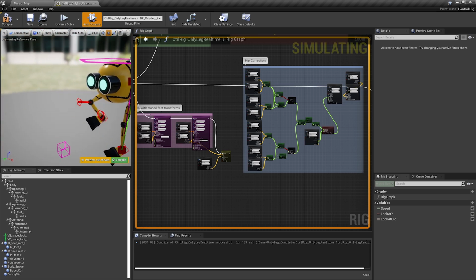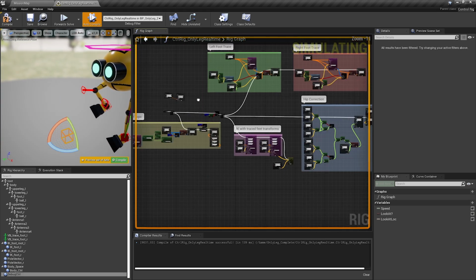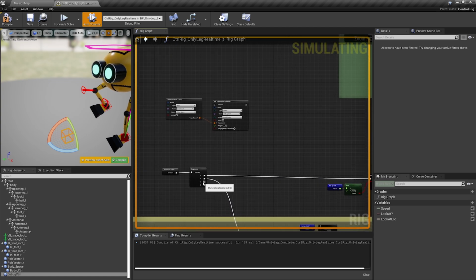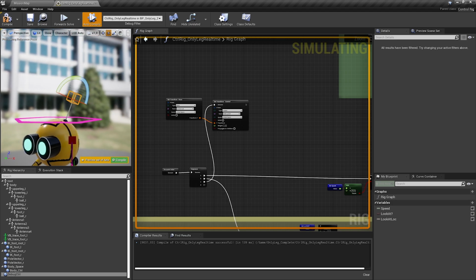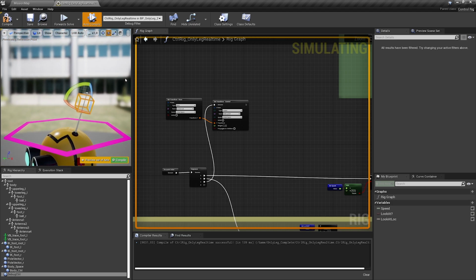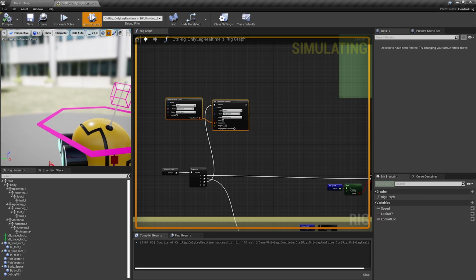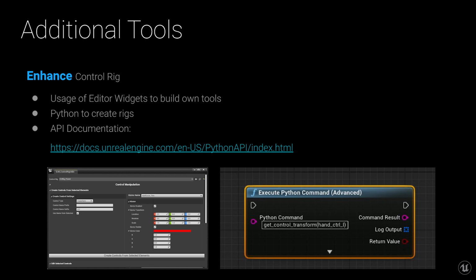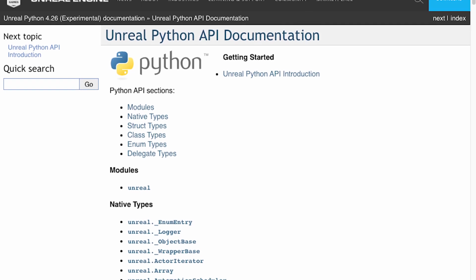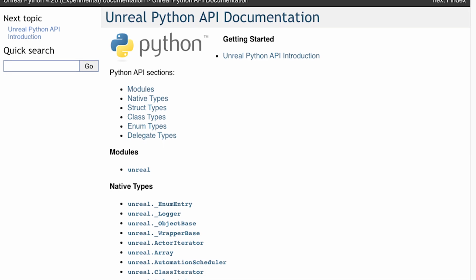And then there's one tip Tony gave me to have some debug controls lying around, which you attach to a situation, and depending on the execution order, it helps you to visualize what's going on in a certain moment in your rig like this. So that was really handy, and I used it a lot. As with many parts of the engine, you can enhance Control Rig using editor blueprint widgets, or even Python. Here's a link to the documentation, so you can optimize your workflows or work with even more complex control rigs.